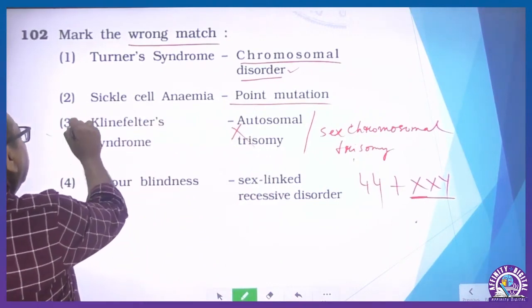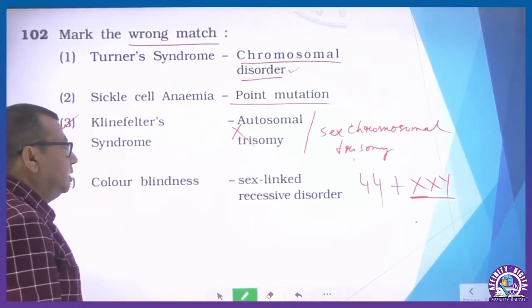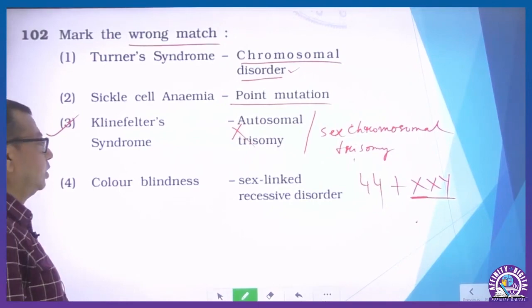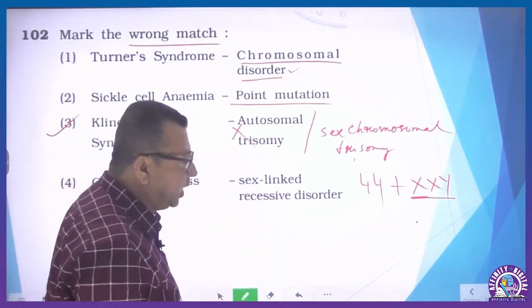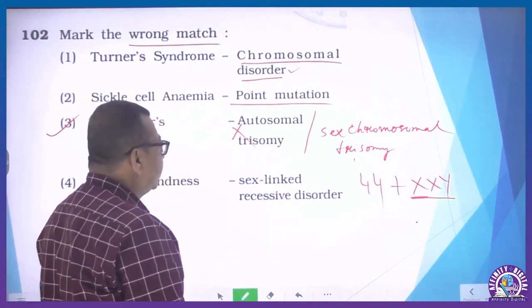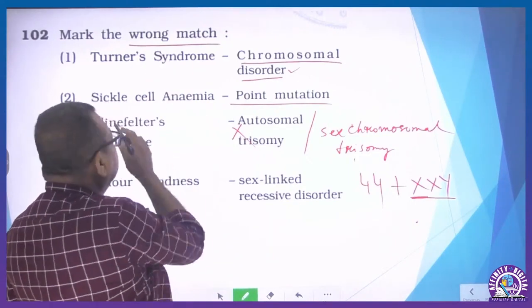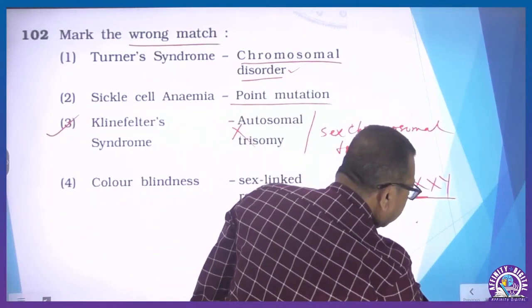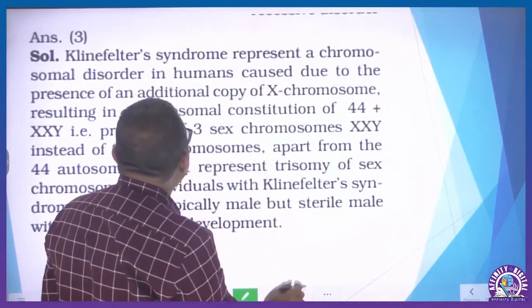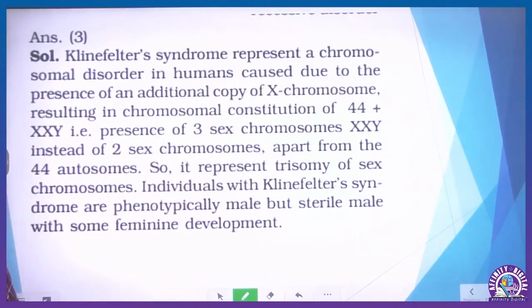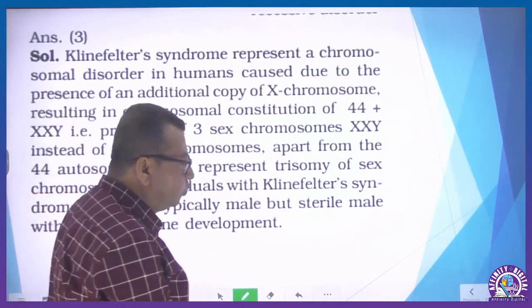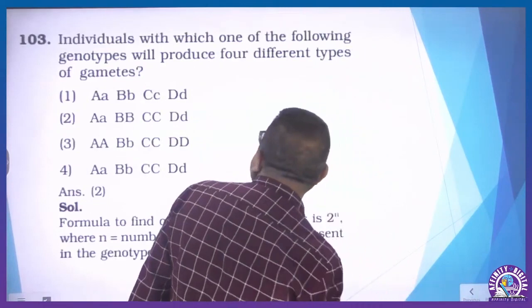So this is the wrongly matched option. So this will be the answer. Color blindness, sex-linked recessive disorder. Okay, so this is also correct. So the wrong match will be option number 3. Klinefelter, yeah, everything I have written in these solutions, you just go through later on. Next